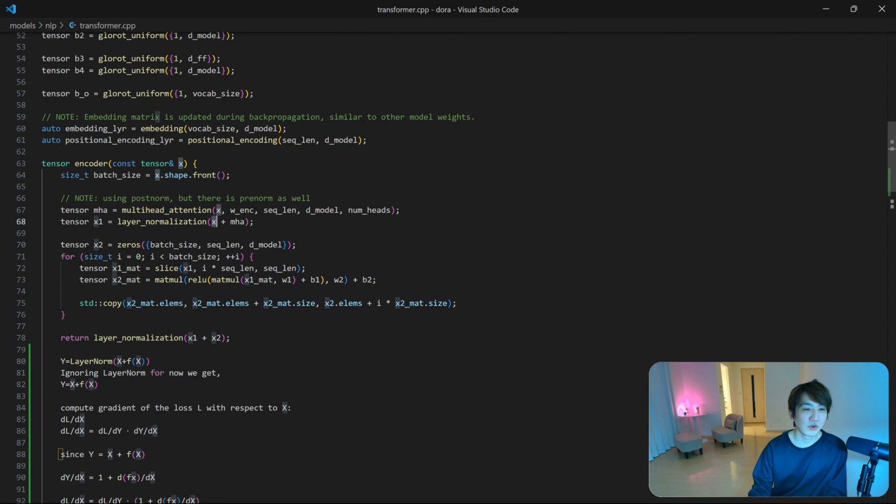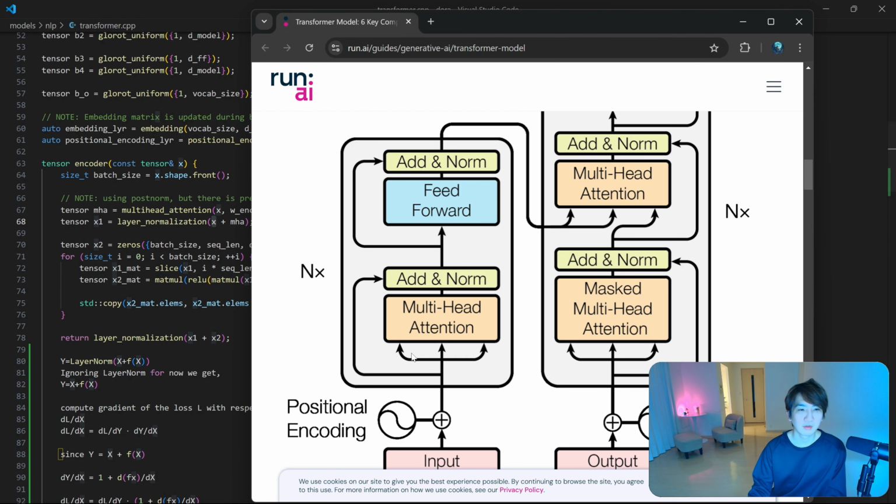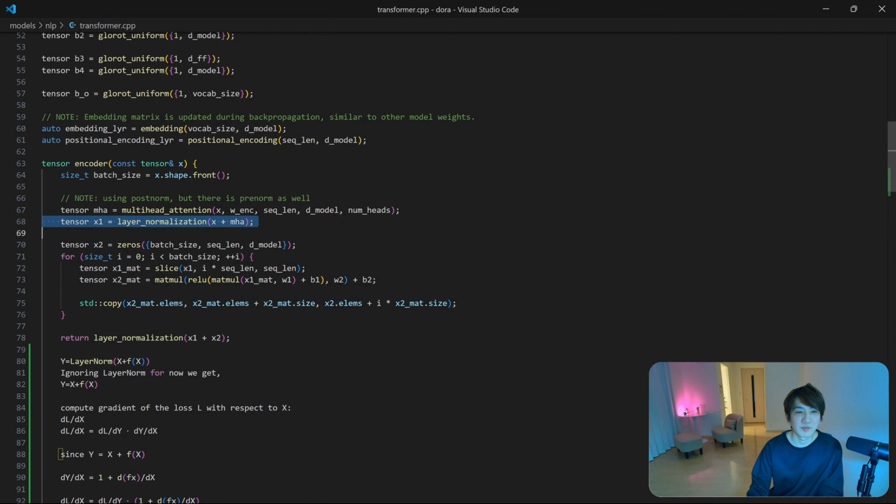So in today's video, I'd like to talk about one of the components in the model, which is called residual connection or skip connection. And if we look at the diagram, it would be a set of this arrow and this add and norm. So this set is called residual connection. And in my code, it would be these lines where I add input to the encoder and output from the